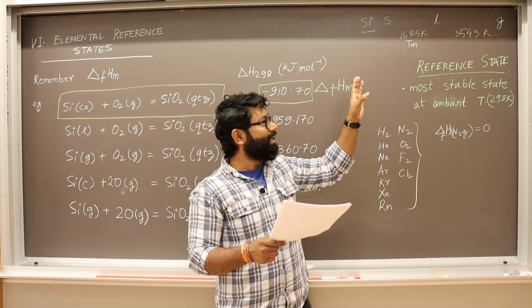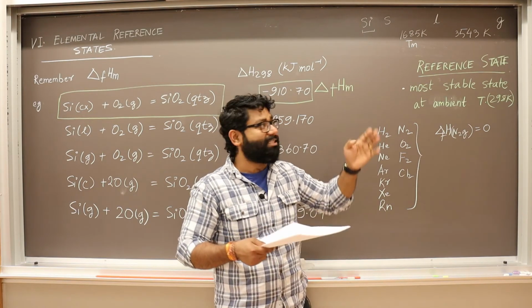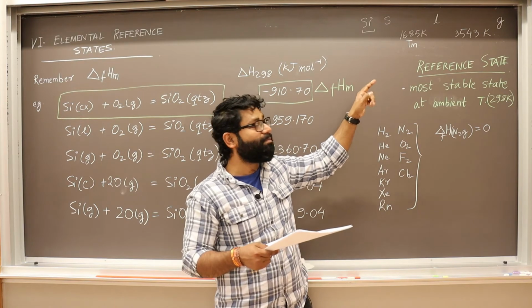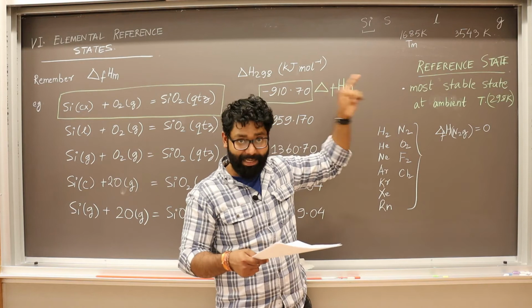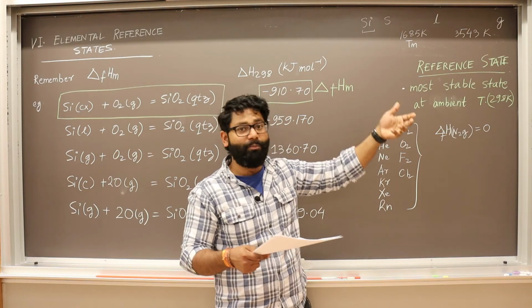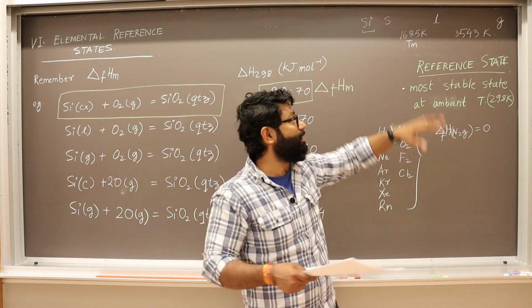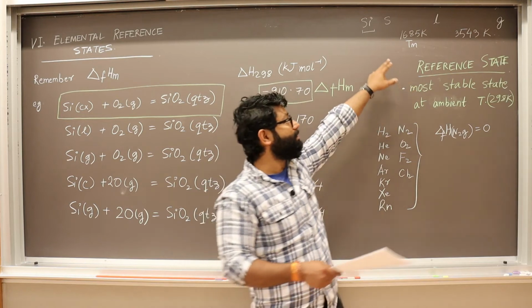If the temperature in consideration is above the melting point but below the boiling point, the elemental reference state will be liquid. And if it is above the boiling point of that particular element, not